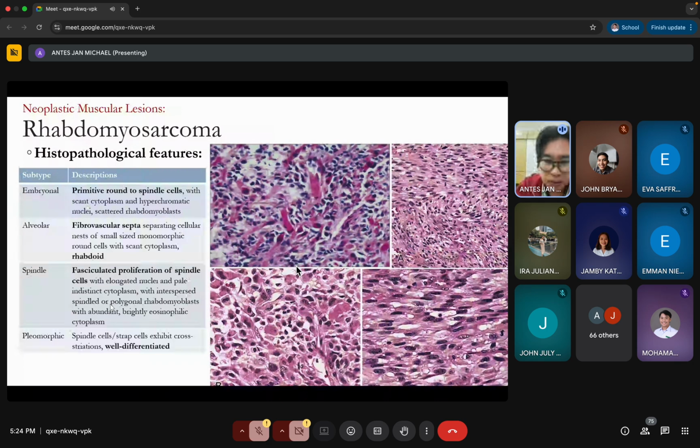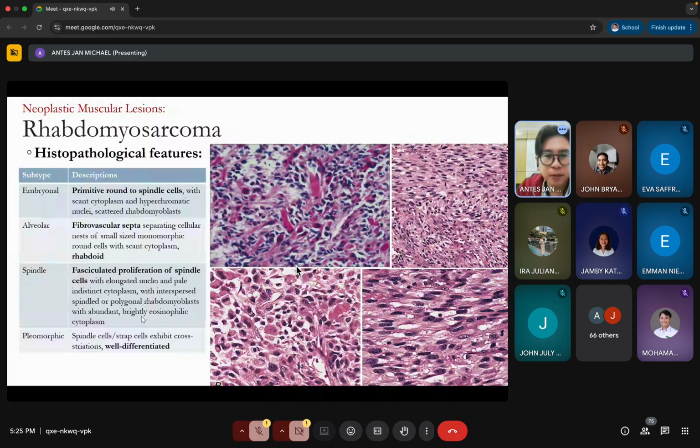Fasciculation in fasciculated cells, spindle shape. Okay, everything. It's just all mixed up together. So if you see lots of different forms of muscular cells, that's pleomorphic. Now the one sign here is that you will see some strap cells in pleomorphic rhabdomyosarcoma. And at the same time, all of these subtypes here have this common ground. Pleomorphic, okay, they are pleomorphic, they have atypia, hence they are the malignant counterpart of rhabdomyosarcoma.